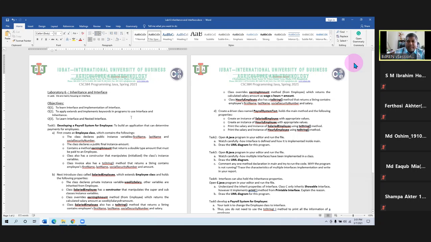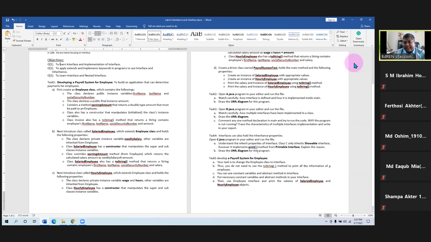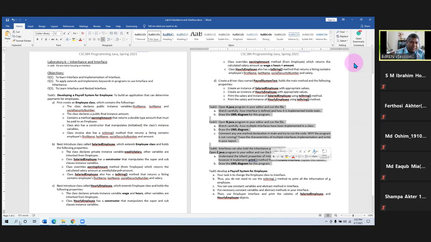Now the first task. We also have task 1, but we are going to start from task 2. Task 2, task 3, and task 4. Let's go to task 2 and see how it works. Okay, task 2. So first I need